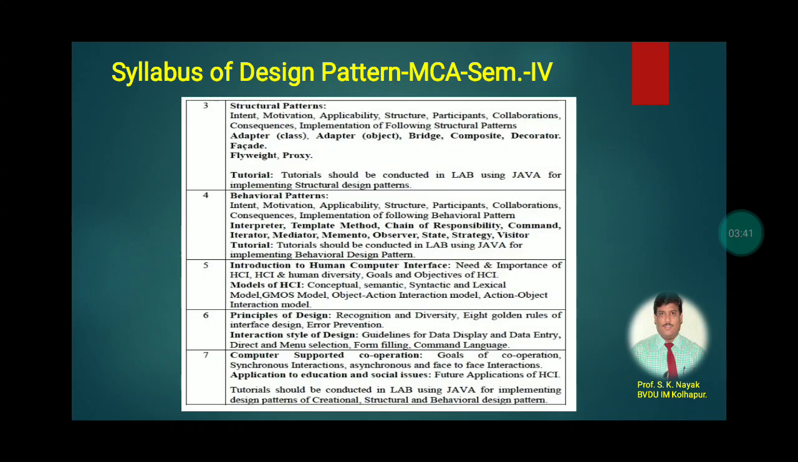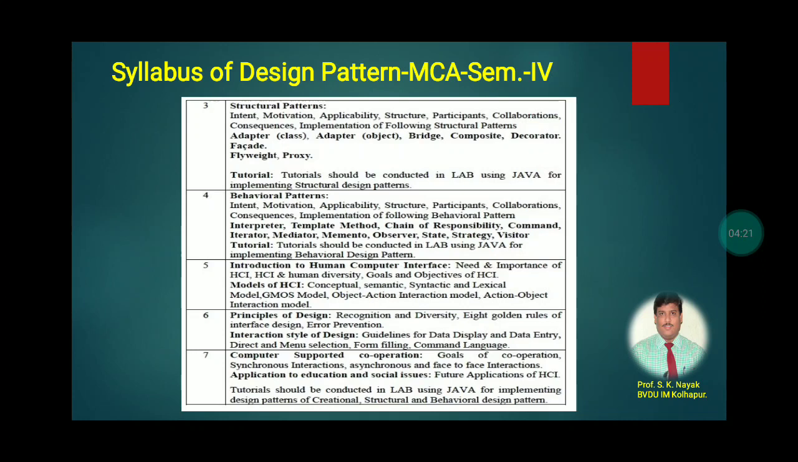The sixth unit is principles of design: how to find the different HCI problems, and we have to design different kinds of HCI. Then you have to see the interaction styles of design, guidelines of data display and data entry, direct menu selection, form filling, command languages. These are all kinds of interaction styles for a design. So in the 6th unit, we will have principles of design and interaction styles of HCI